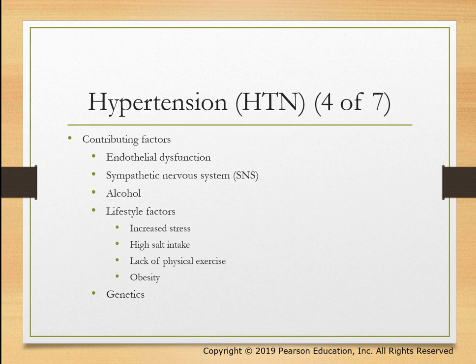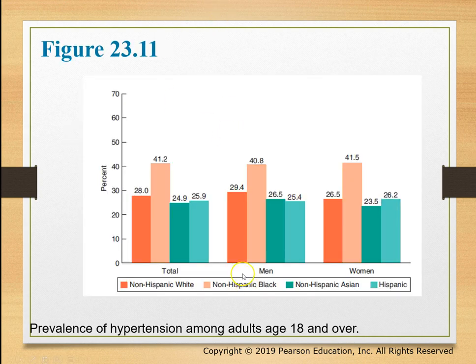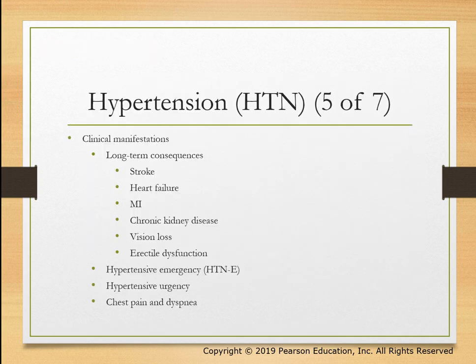I think on one of the slides before, we mentioned that race is a factor here. And so you do see higher prevalence of high blood pressure, right, in the non-Hispanic Black population. You can see that here. So this is in total, men and women, but you can see it even broken down in men and women, okay? And so there is a higher prevalence of high blood pressure in that population. So race does play a part in it, and that's something that you guys should know as clinicians, right? That a non-Hispanic Black person would be more susceptible to high blood pressure.